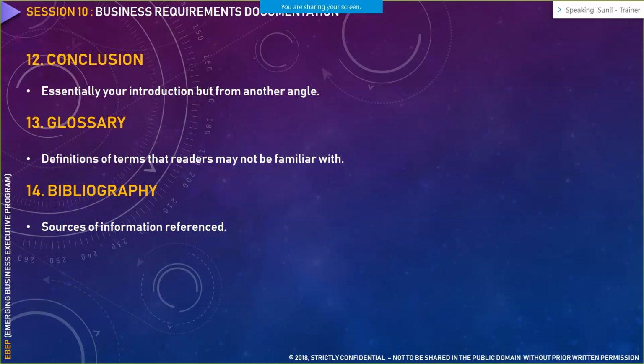Similarly, you can include as many glossary entries as you want in the glossary section. Bibliography is any source of information you have referred to, like Wikipedia or a business standard website or the Forbes website, during your research phase for a particular topic or functionality. You can put that reference in the bibliography section.